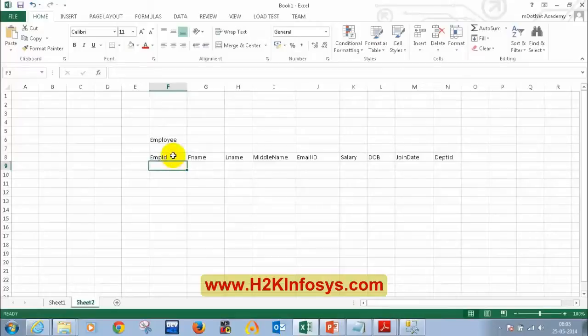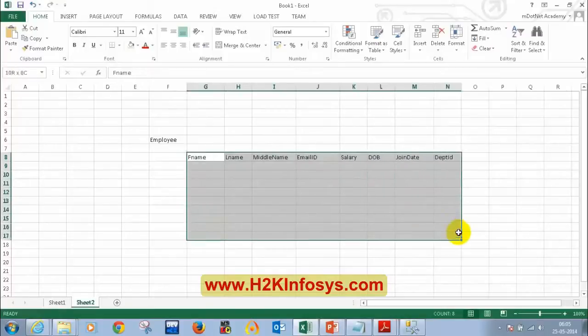Okay, now assume that I don't have this employee ID column. Which column do you think will play the role of employee ID? Which column do you think will be different for all the employees? No, I don't think date of birth will play the role, because 2 employees can have the same date of birth. Do you agree with me, all of you? Date of birth cannot play the role of primary key, because date of birth can be same for 2 employees.